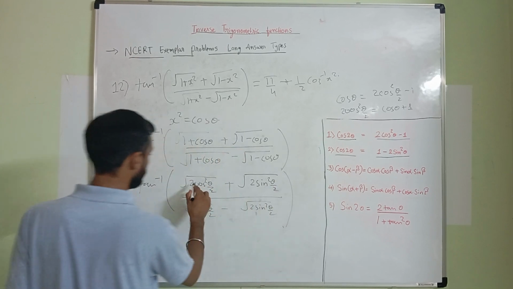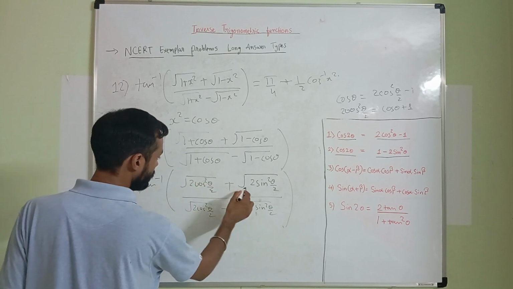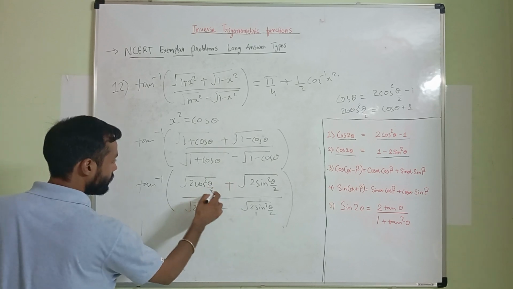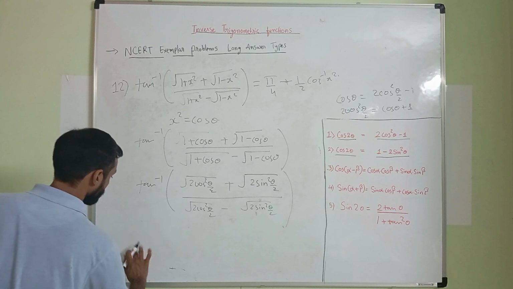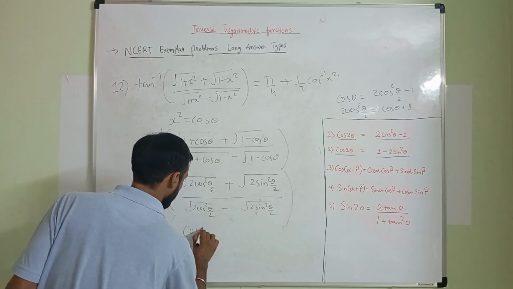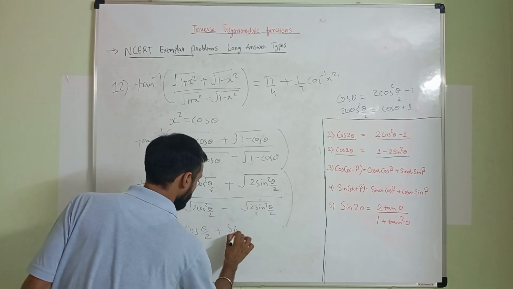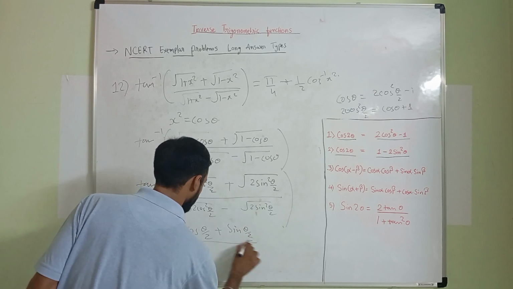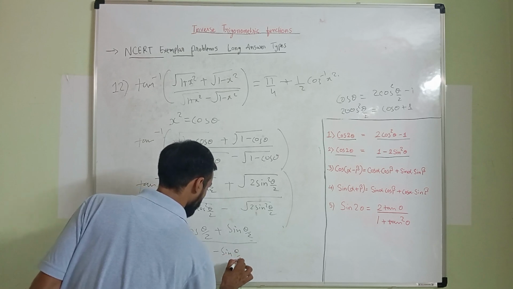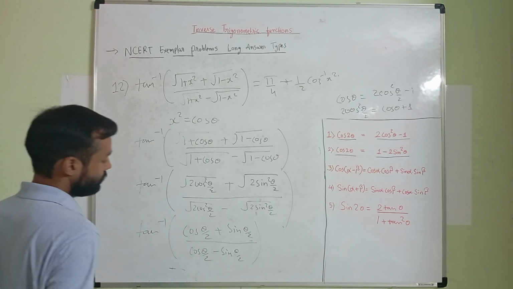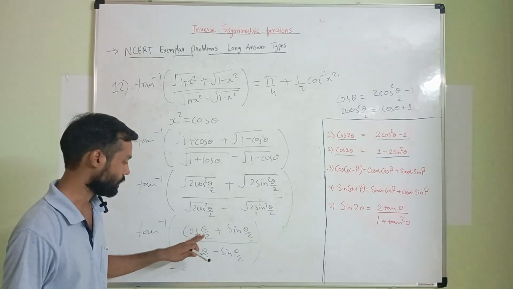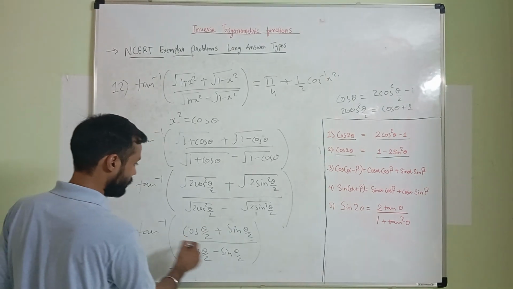Now cancelling this 2, the under root of square will be cos theta by 2 and sin theta by 2. So it will be tan inverse of cos theta by 2 plus sin theta by 2 upon cos theta by 2 minus sin theta by 2. On dividing the numerator as well as the denominator by the cos theta by 2 term, we will get it in the form of tan, that is